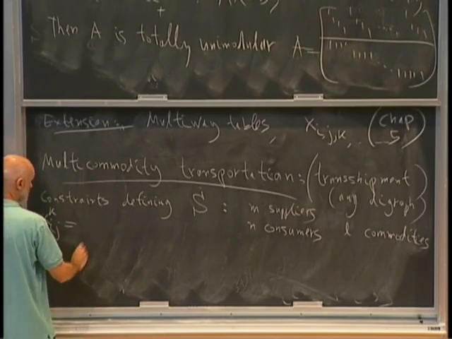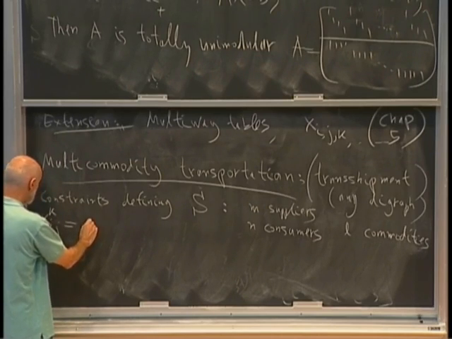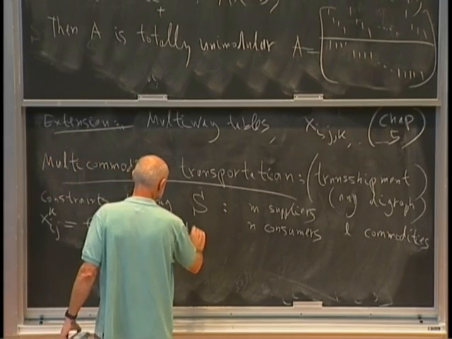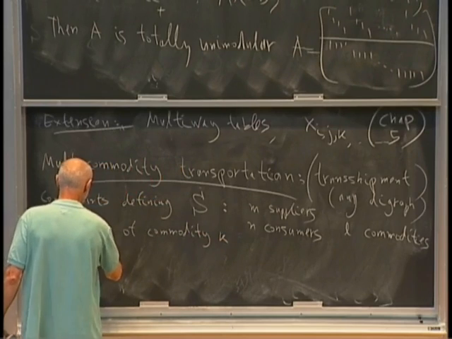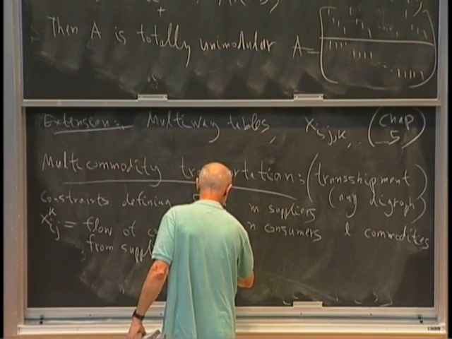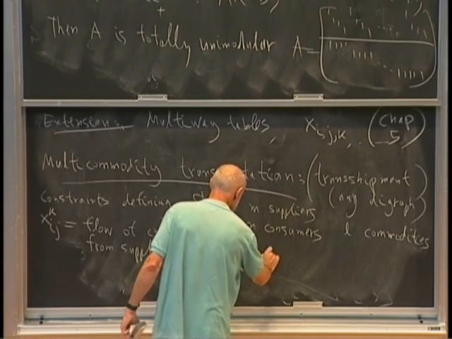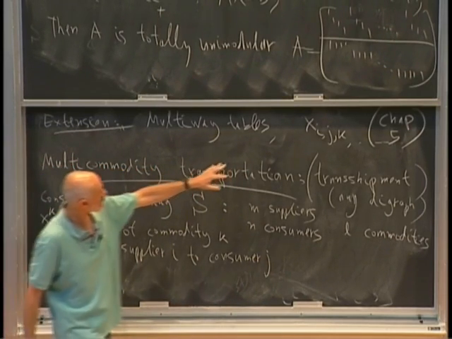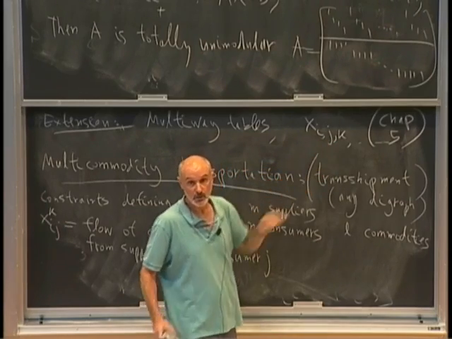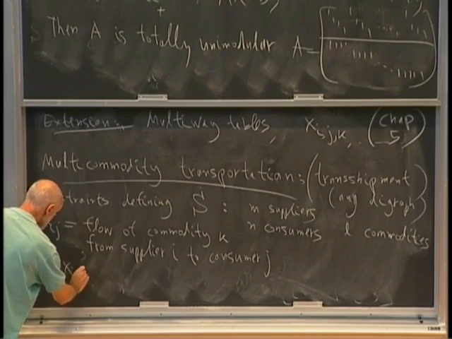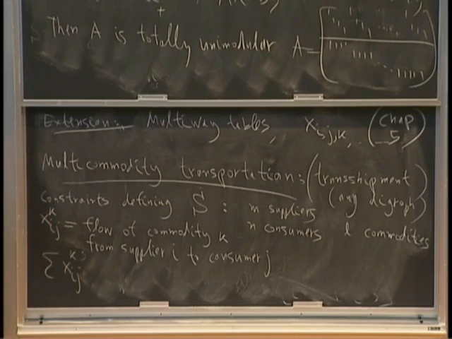This is going to be the flow of commodity k from supplier i to consumer j. So actually you see, our variables now are triply indexed, and you may have more indices than this. There are various problems here. And we have, again, consumption and